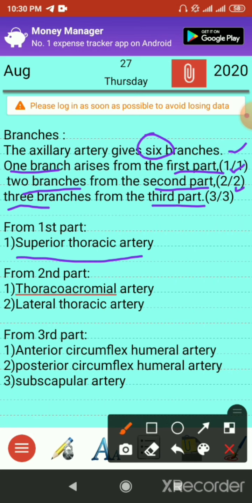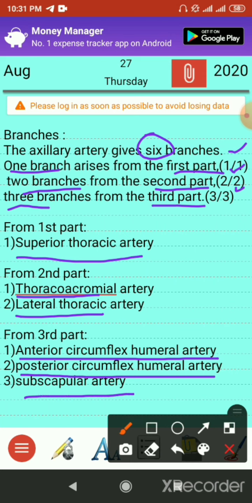From the second part, the thoracoacromial and lateral thoracic artery, and from the third part, the anterior circumflex humeral artery, posterior circumflex humeral artery, and subscapular artery. So we can remember these names by a mnemonic. What is this? This is the